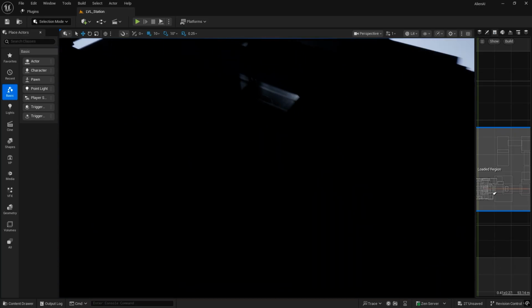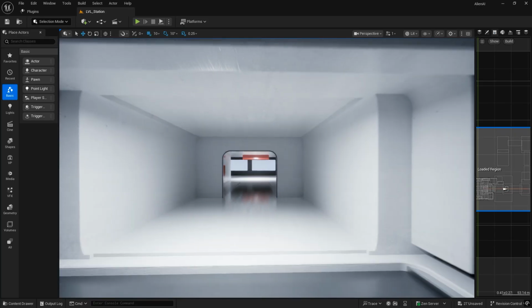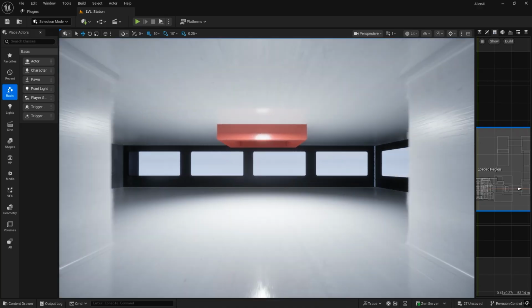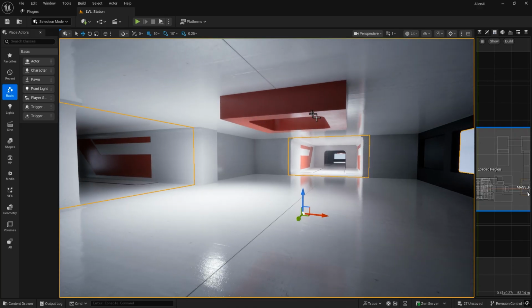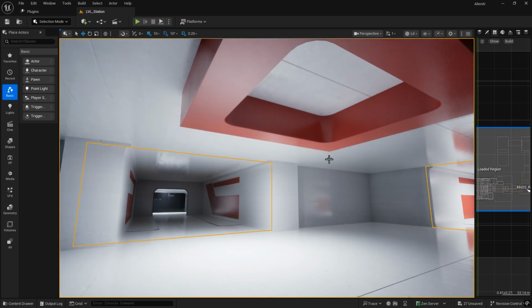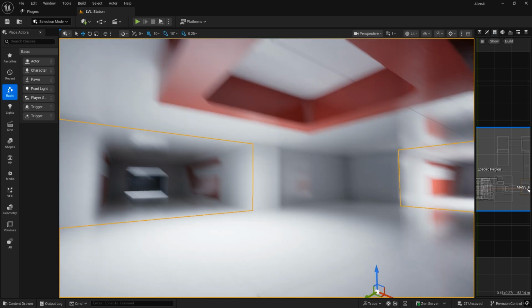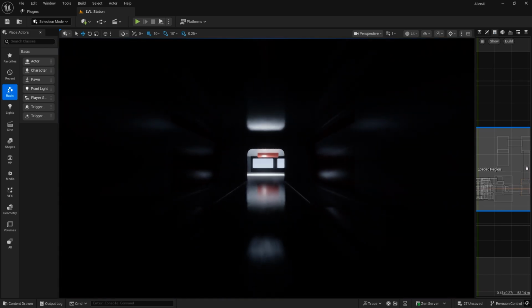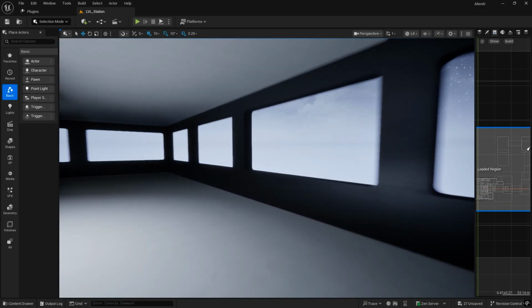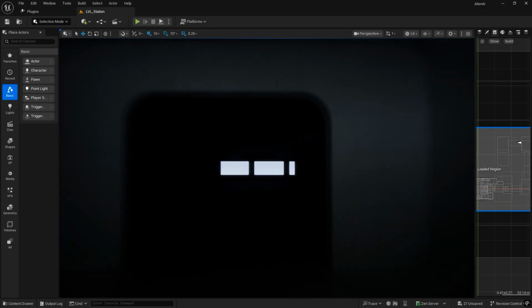I have also extended the map a little more. So at the back here, there's an extra area that you can go through. And I've set up these little vent area locations where the alien will be escaping up into the vent. And these are just corridors and rooms that repeat a little bit just to give a bit of extra variety